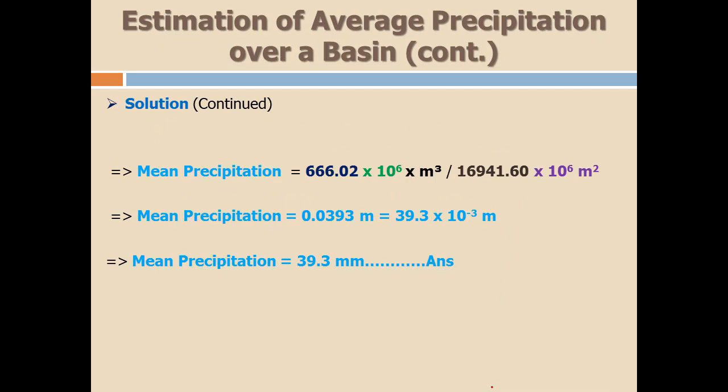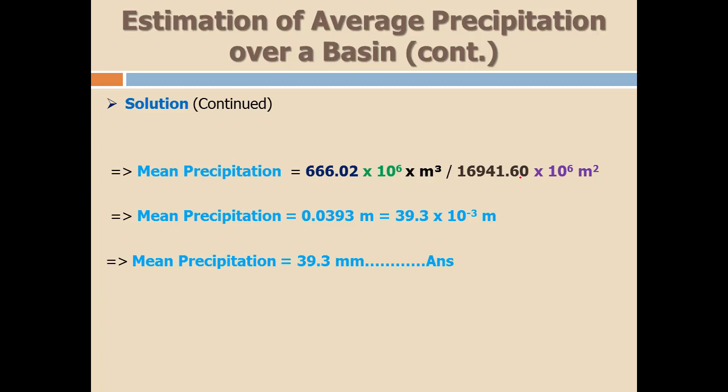So the mean precipitation in this situation is like from the previous, we have just changed the square kilometer into the square meter, because this is in cubic meter, so this should be in square meter, not in square kilometer. So we will put here a 10 raised to the power 6 to convert a square kilometer into square meter. So this is already available. So now what we will do, we will divide only 666.02 divided by